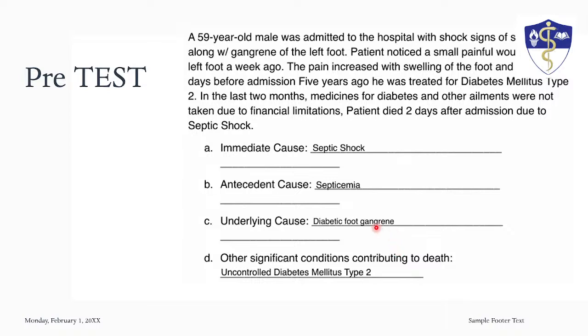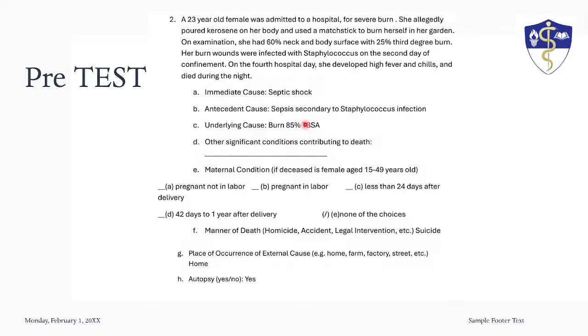However, if you put gangrenous foot left and then the histopathology in here, you can place diabetes type 2 doon sa second line, and uncontrolled, okay, if you want to put uncontrolled, pero pwede yan diabetes mellitus type 2 lang. Okay? If you place it there, the diabetes type 2 becomes center stage. Okay? And then the gangrenous foot, tapos left, histopa, and cause unknown, it becomes this one lang. So two-liner lang to. Pwede to siyang two-liner. Okay, next.